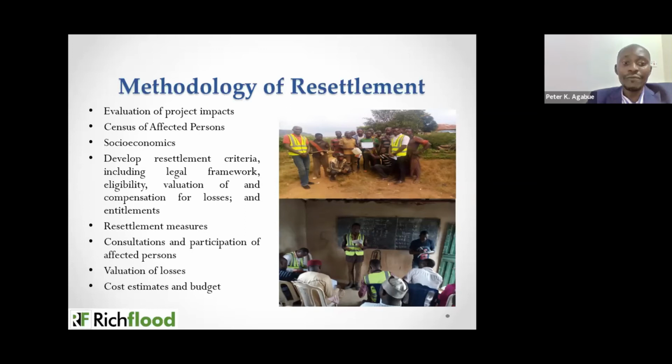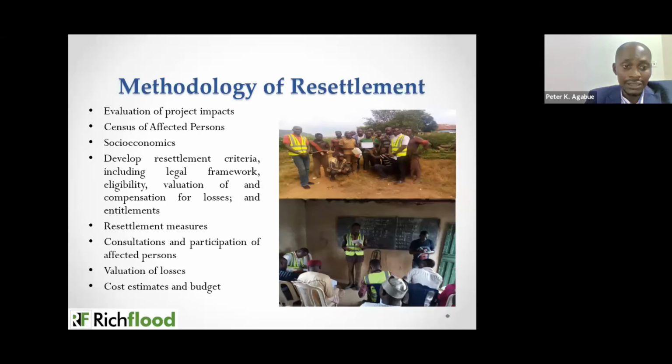Consultations should be carried out by stakeholders, with stakeholders, to ensure that appropriate mitigation measures are provided. A census of affected persons is required, with various consultations and one-on-one engagements with project affected persons. Socioeconomic